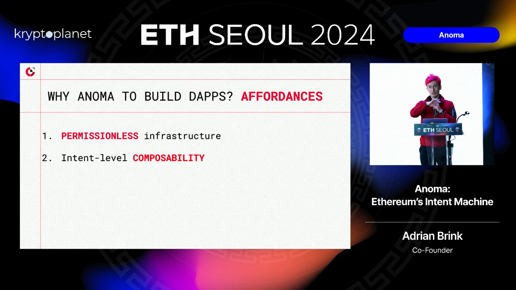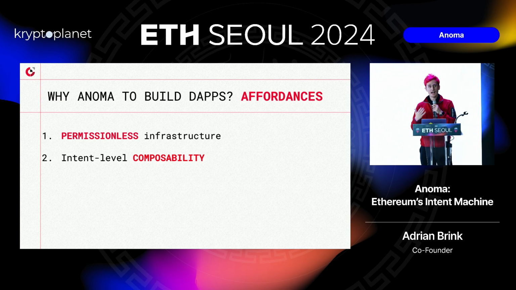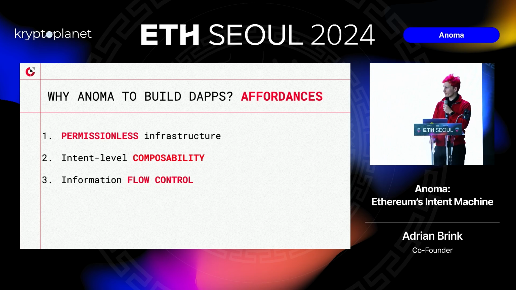The network may be composed of many different security zones, but as a user, I can treat it via the common abstraction and only have to think about this as a single intent machine with many different settlement zones. So instead of having to think about these 15 different things in the ecosystem that I'd like to settle on, I can rather think in terms of the intent machine and say, I just like to interact with the intent machine and I don't actually care what specific settlement systems happen underneath or what these specific settlement systems do.